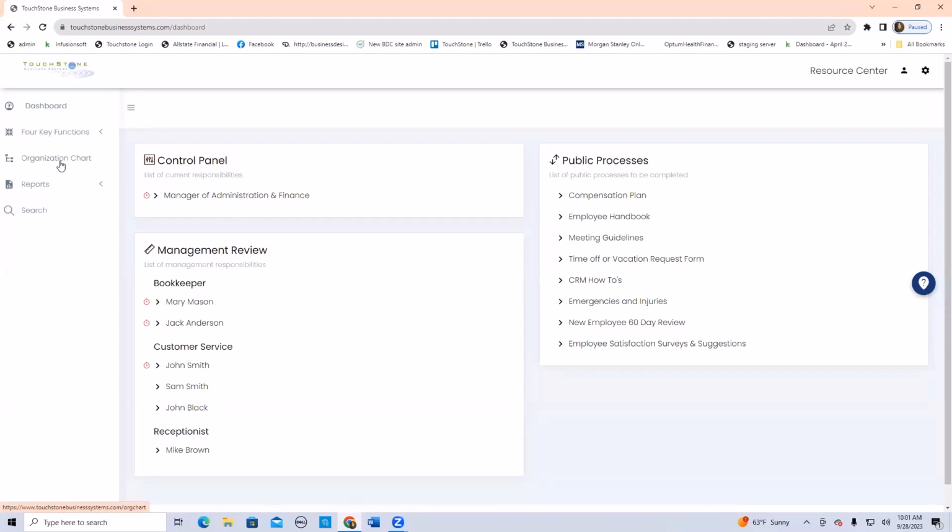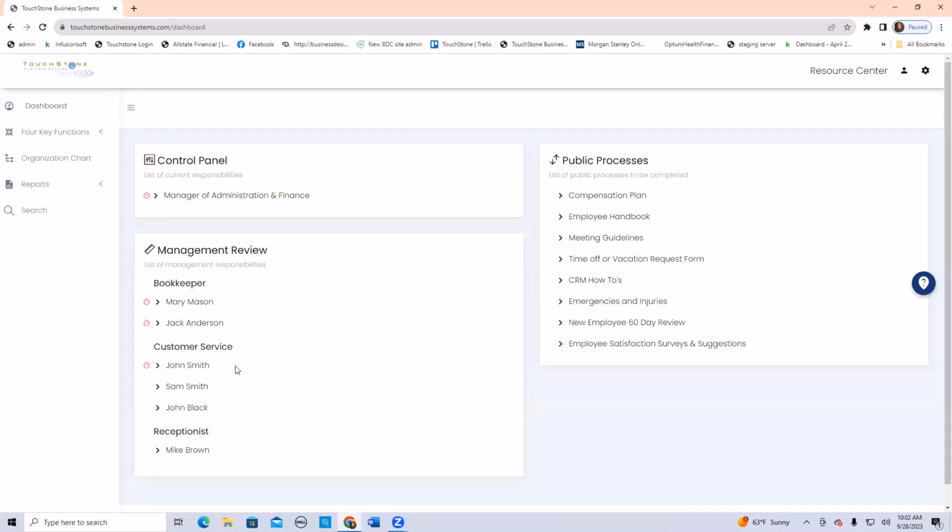So when I go to account administration and I assign one of my employees to a position in the company, so it appears here on the org chart, I'm literally looking at my organization chart and choosing that position from the chart. In addition, management review, this area of the dashboard is also controlled by the org chart in a sense. So these people, my employees here that I've set up in account administration, given them usernames and passwords to TouchStone, TouchStone knows what position they fill in the company and in TouchStone because I assign them to that role